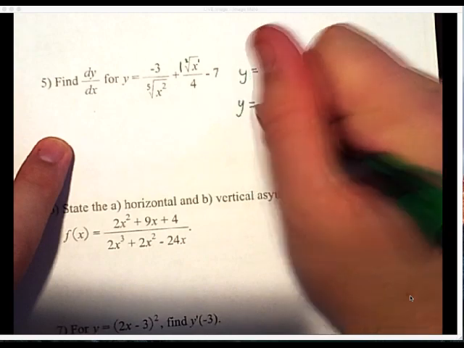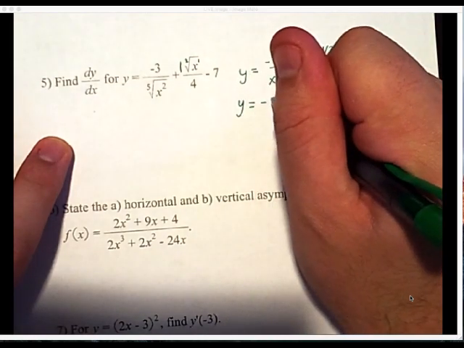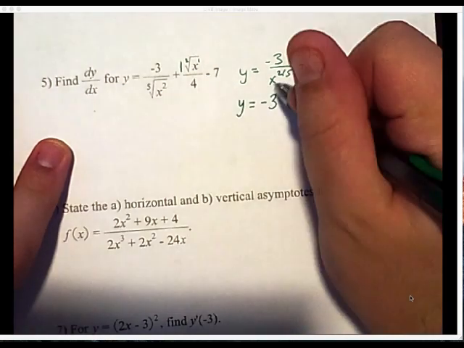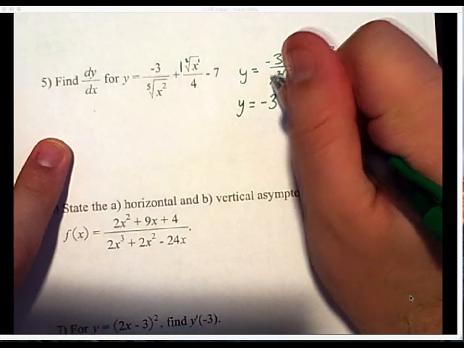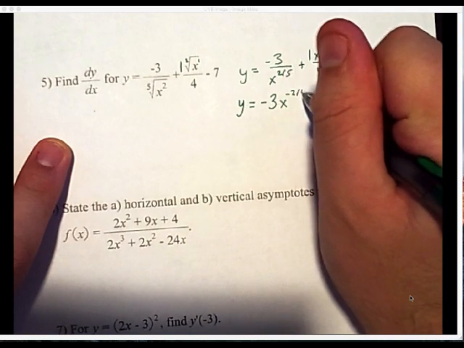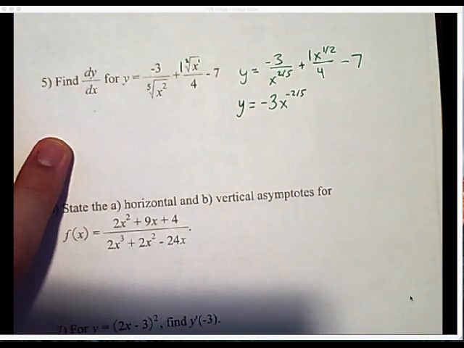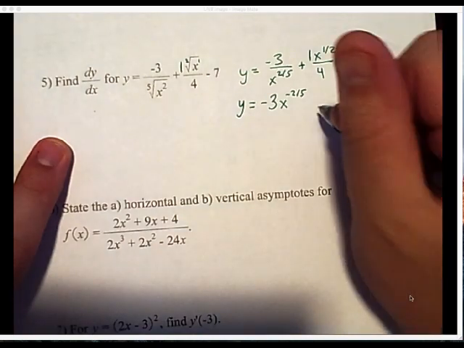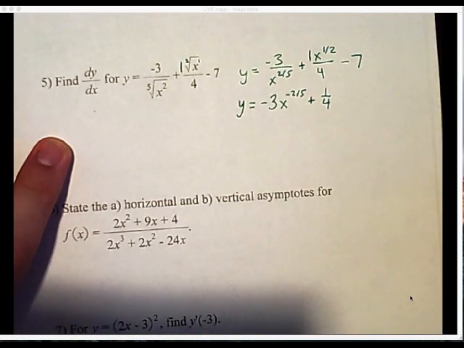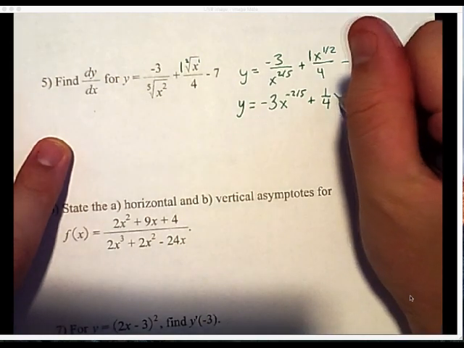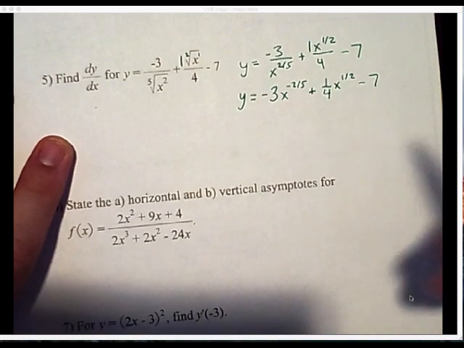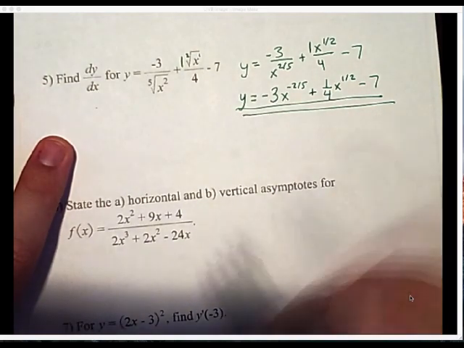So I'm going to keep going. I'm going to keep writing this in a way that's going to be easy to take a derivative. I can move this x to the 2/5 up to the top as long as I change the sign on the power. So it's negative 3 x to the negative 2/5 power. All right. On the next term, I'm just going to take the 1/4 coefficient, move it out front, x to the 1/2 minus 7. It's going to be easy to take a derivative from there,